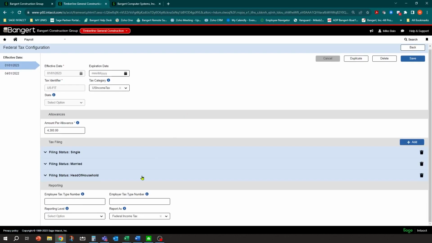If you scroll down near the bottom, you're going to see this reporting area, and you'll see this in all your taxes. You'll see it in your pay modifiers, any area that you can possibly use to integrate into Atrix and use for W-2s and quarterly reporting and all that good stuff. Basically, these fields down here are fields to be used in conjunction with Atrix. And in this case, it's federal withholding, so it doesn't need any specific codes. We're just going to select the report as federal income tax.